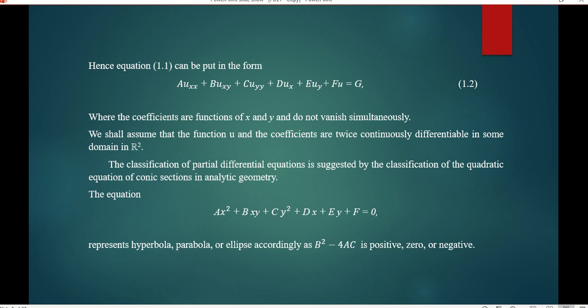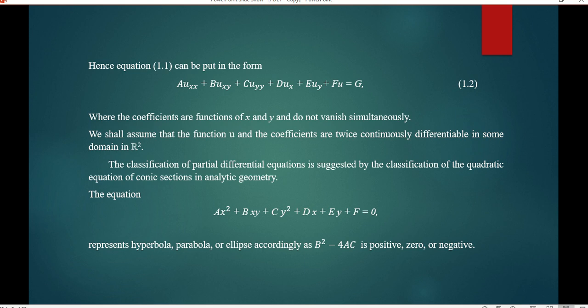Now we see about the classification of PDE, and it is related to the classification of quadratic equation of conic section in the analytical geometry. So consider the quadratic equation ax² plus bxy plus cy² plus dx plus ey plus f equal to 0, and it represents hyperbola, parabola, or ellipse accordingly, as b² minus 4ac is positive,